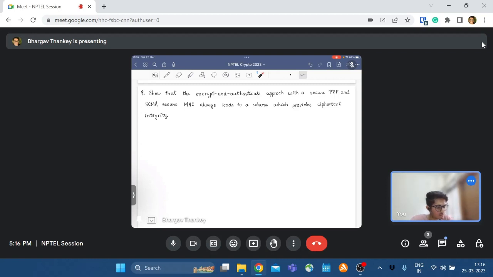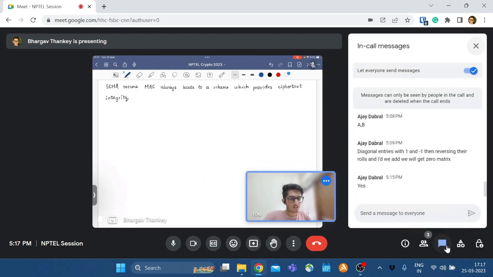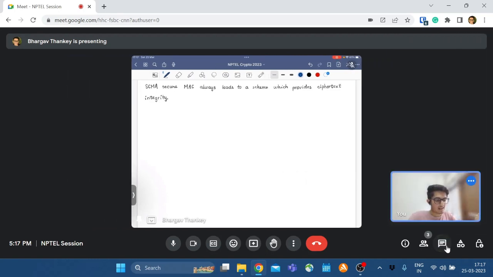Okay, so let's see why this is true. Recall that in ciphertext integrity, we want to show that there does not exist any adversary who can produce a ciphertext for a new message, right? So what we'll do is a reduction. We'll show that if there exists an adversary which can forge a ciphertext for a new message, then the MAC cannot be strongly secure. That would be a contradiction and we would be done. Okay, so let's